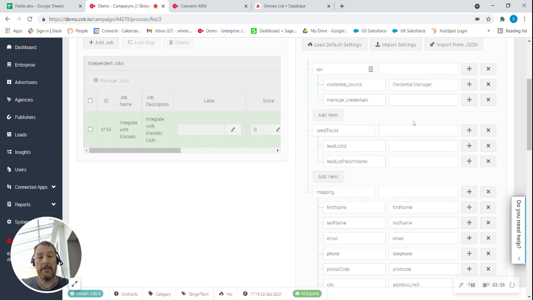If I click off that, you can then see it says manage your credentials. If I click on the down arrow, you can see here we have the name of the set of credentials we did in the first video, which is 17 new converter API Marketo to list credential. So if we click on this,